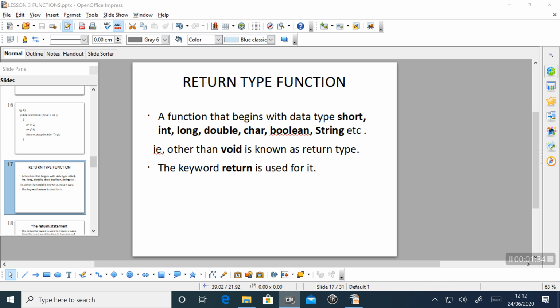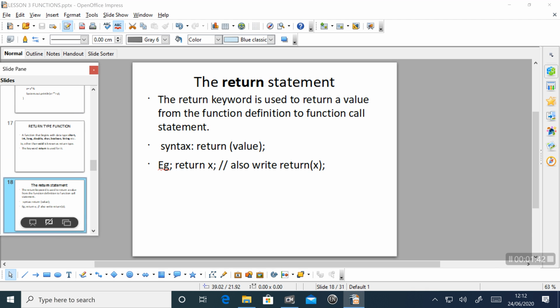Here we are using the keyword return for returning a value. Look at the return statement. The return keyword is used to return a value from the function definition to the function call statement.